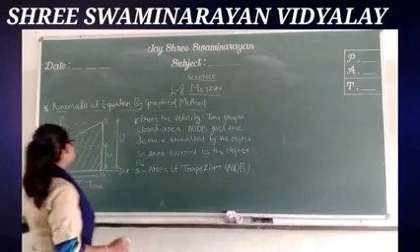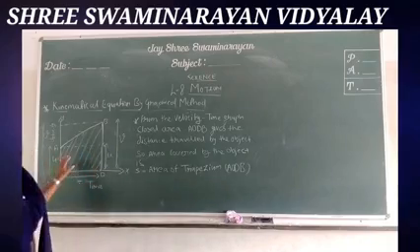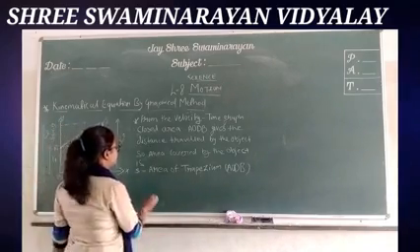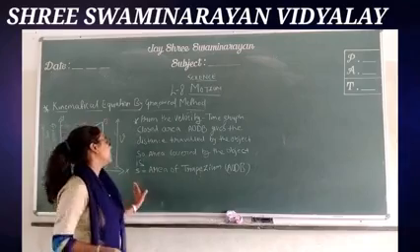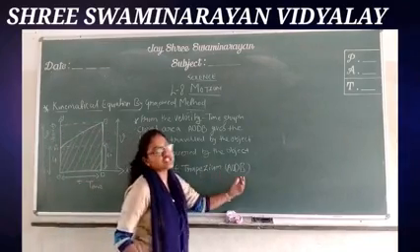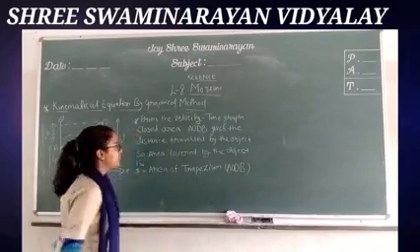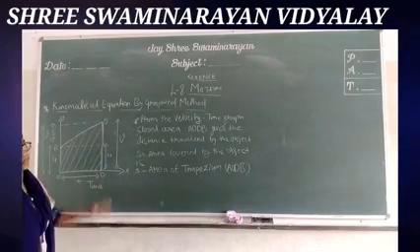Okay student, so here we are having this colored portion which represents the total amount of distance which is covered by the object. That is why I have written here S, which represents the distance, is equal to area of trapezium. Now you might have a question, why ma'am trapezium? So as you can see here students, this is the shape of trapezium.